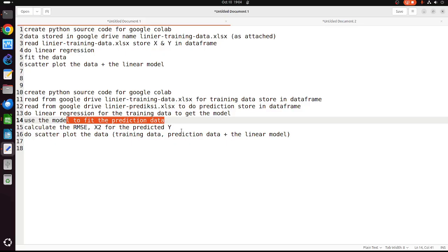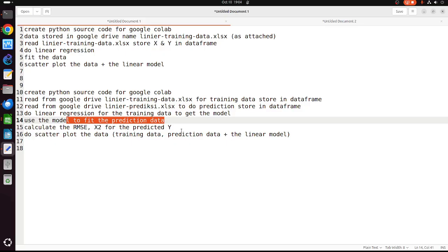We don't have to do the modeling anymore, just once. So we have a good training data first, and then create the model, save the model, and using the saved model, we can do a prediction multiple times using the same model, but we don't have to do the regression anymore. Okay, so that's the other approach I normally use if we have many prediction data.